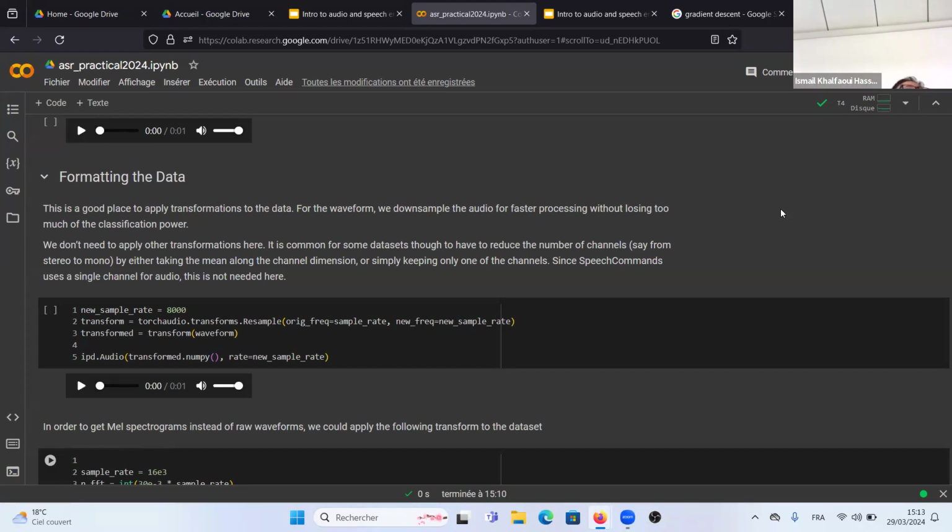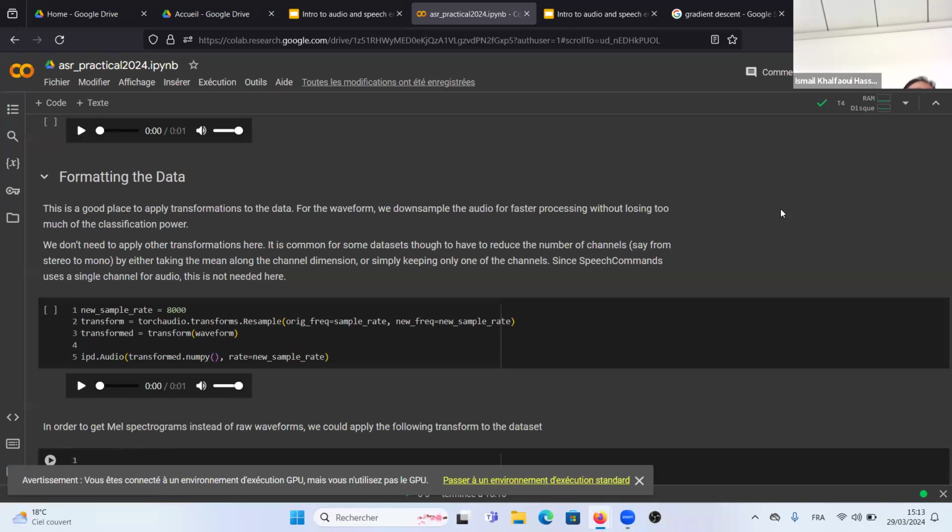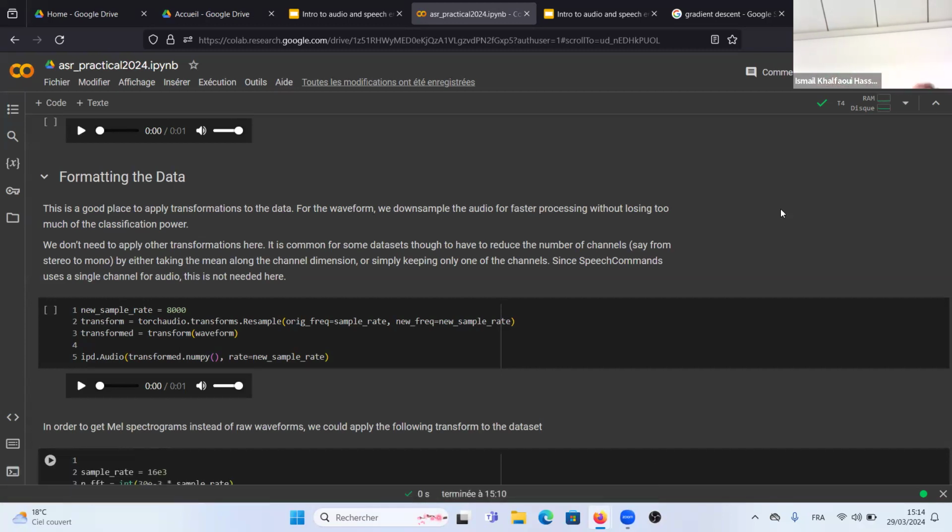Okay, and what is resample? We change the sampling rate. So from 16K, we could change to 8K. And how are we going to do that? If you have a signal at 16K and you want a sub-signal of 8,000, you should take one of two. And this is sufficient. And this is what is done by the function